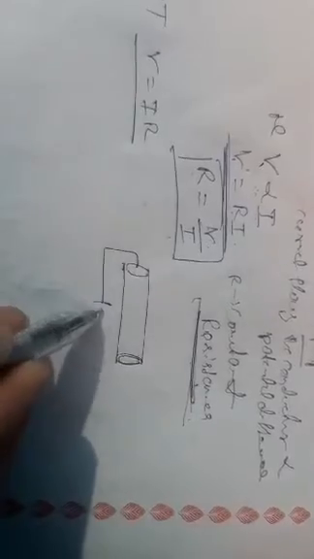Consider the same diagram. This is a conductor. A conductor consists of two ends. A current flows through the conductor, with a potential difference across it. The length of the conductor is small l. The area of the conductor is small a. The current flowing through the conductor is I. The number of electrons present is n. The speed of each electron is Vd in the presence of the electric field.